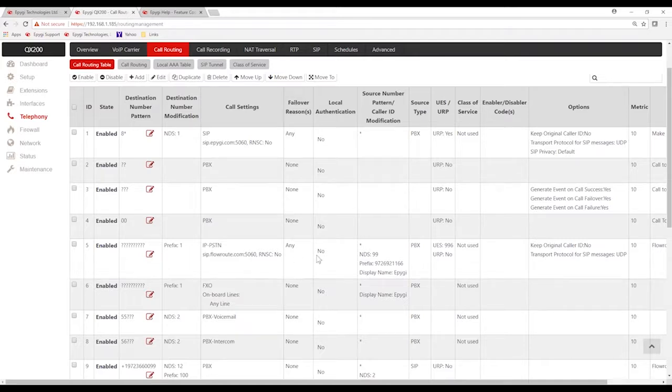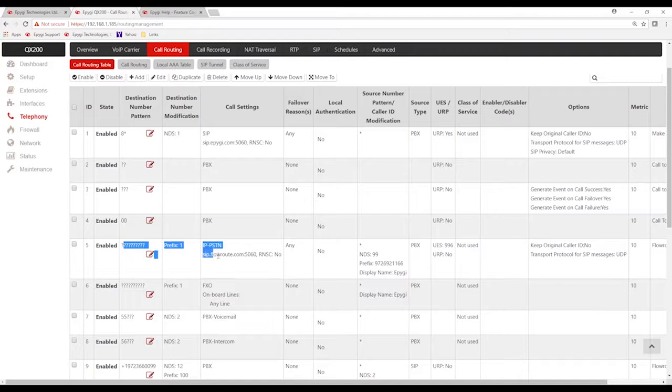All right. Over here you see 2 columns, the source number pattern and the source type. First of all, the source type, this is probably the single most important thing you can get out of the call today. The source type is your best protection mechanism from somebody externally being able to originate a call through your office. What this is telling us is that you, as the source or originator of the call, if you're going to use this call routing entry to place an outbound call dialing 10 digits to FlowRoute, and that's the entry you want to use,